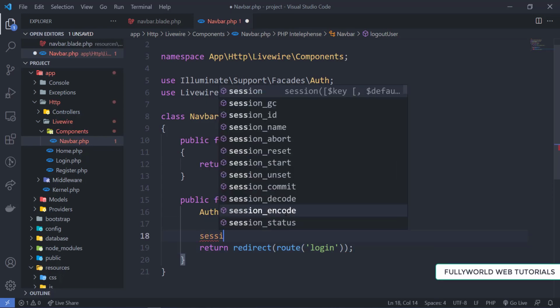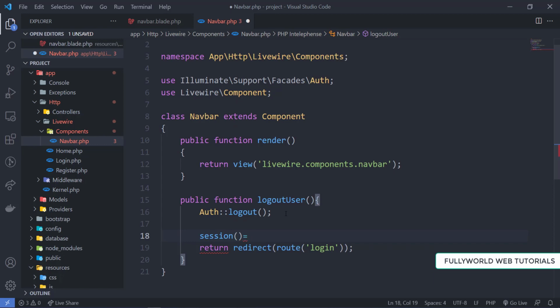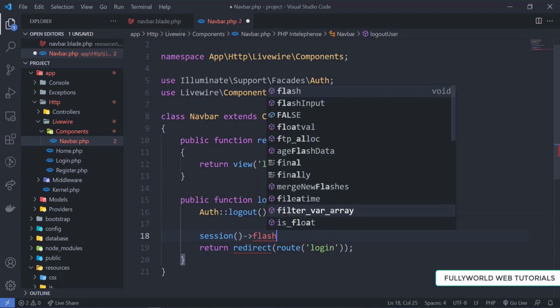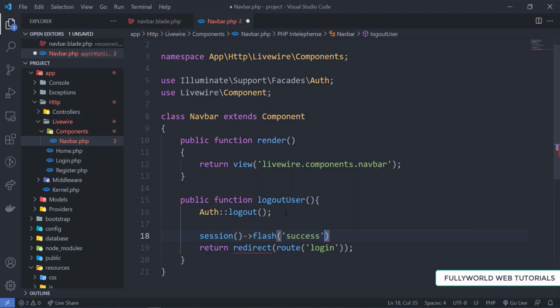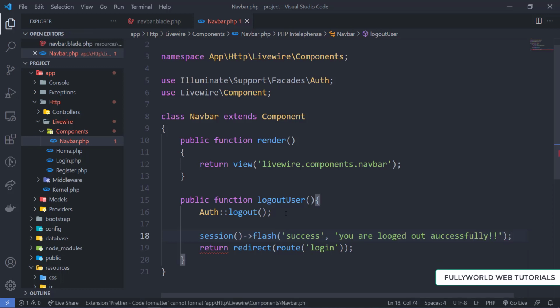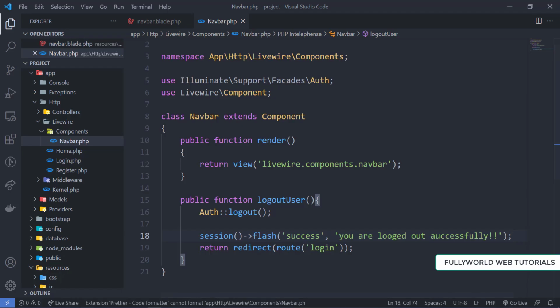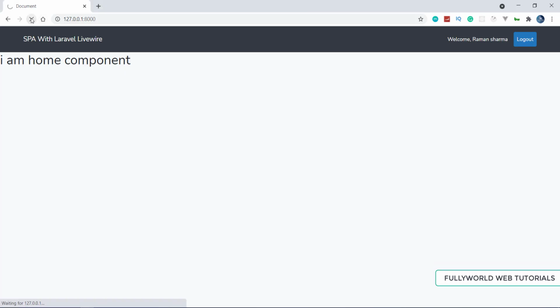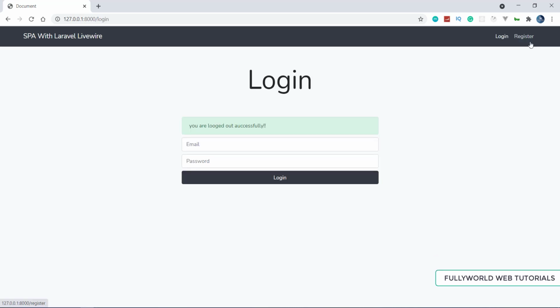We have to define the message also, session flash message as success, you are logged out successfully. Save it, and now when I reload it and click on logout, see that we are redirected successfully and we are getting the message you are logged out successfully.